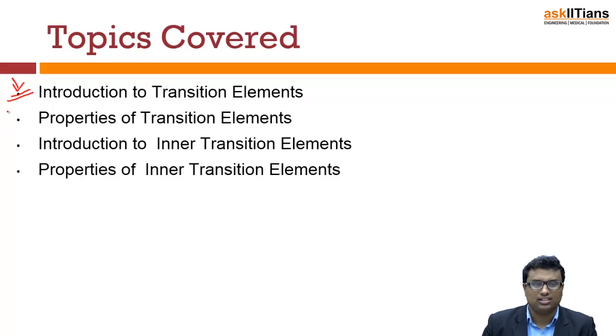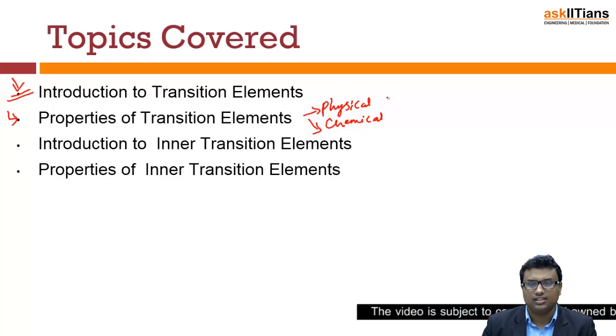Next, properties of transition elements. Obviously, transition elements have certain properties, right? For example, they have magnetic properties, they have the property of forming coordinate complexes, they have the property of forming alloys, right? So we'll be discussing all the properties. We'll be discussing not only the physical properties, but also the chemical properties of the transition elements. So we'll be studying their atomic radii, their ionization enthalpies, their stabilities, their oxidation states and all those concepts in this physical and chemical properties